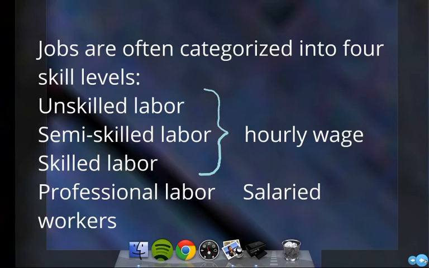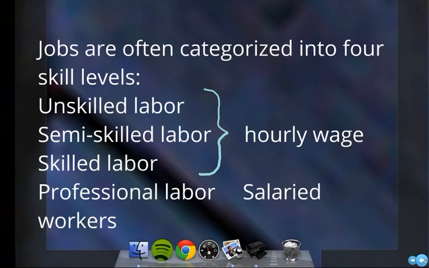So for example, if you are an unskilled laborer, which probably most of you are, if you go to get a job, you are going to get paid the least amount. Your hourly wage will be based on your education, your previous skills, and what you are able to give to this job. There are lots of unskilled labor positions. So if you work as a cashier at a grocery store or at a clothing store, that would be an unskilled labor position.